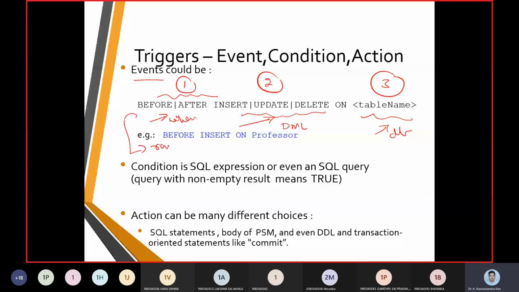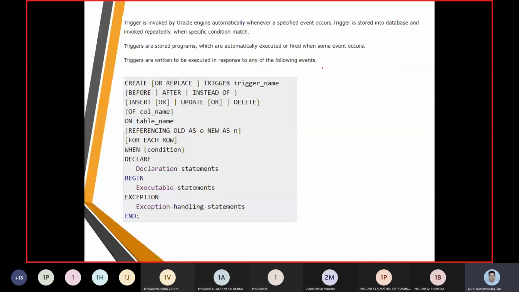So triggers can operate before and after, either as part of a row level primitive or as part of a statement level primitive. As a definition, it is invoked automatically by the Oracle engine when a specific event occurs. So it is going to be fired immediately when some events occur.